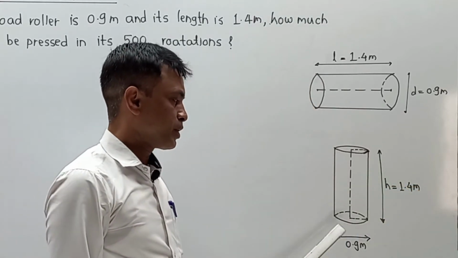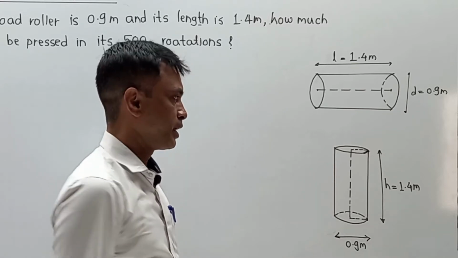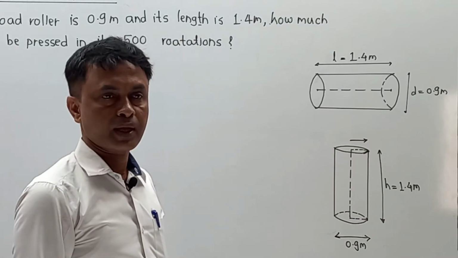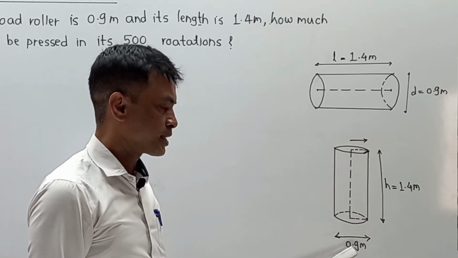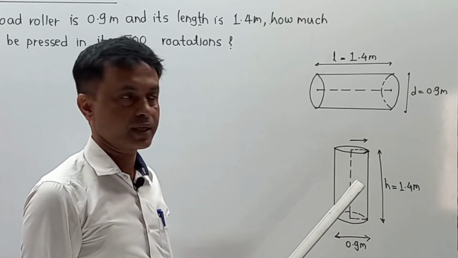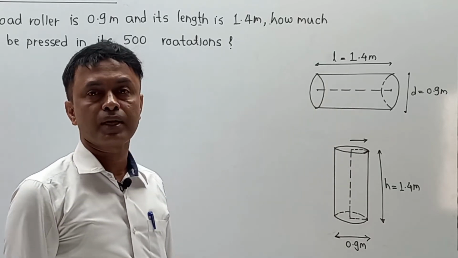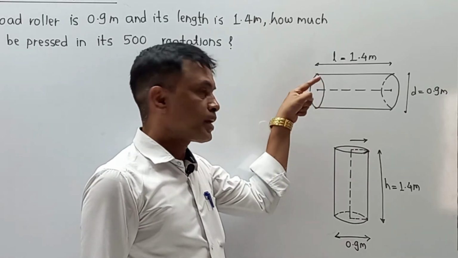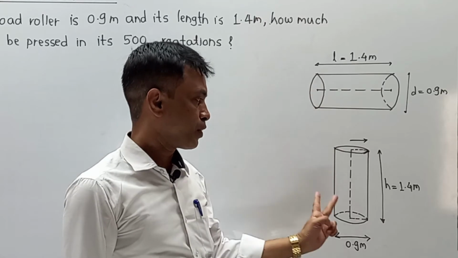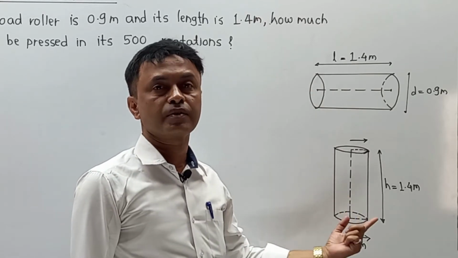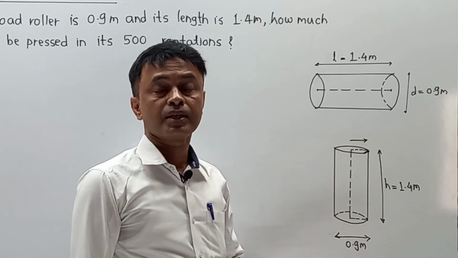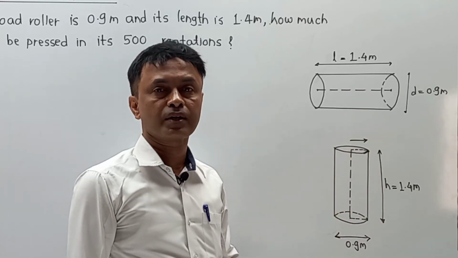Also, in the calculation, we don't need a diameter, we need a radius. Means again we have to calculate the radius over here. And the simple formula for radius is nothing but diameter divided by 2. And in this case, our calculation will be started. Now this roller is going to make one part contact with the ground, that is nothing but the curved surface area. Means for a roller we have to consider the curved surface area. The formula becomes 2 pi r h. This is nothing but the surface area coming in contact with the ground.